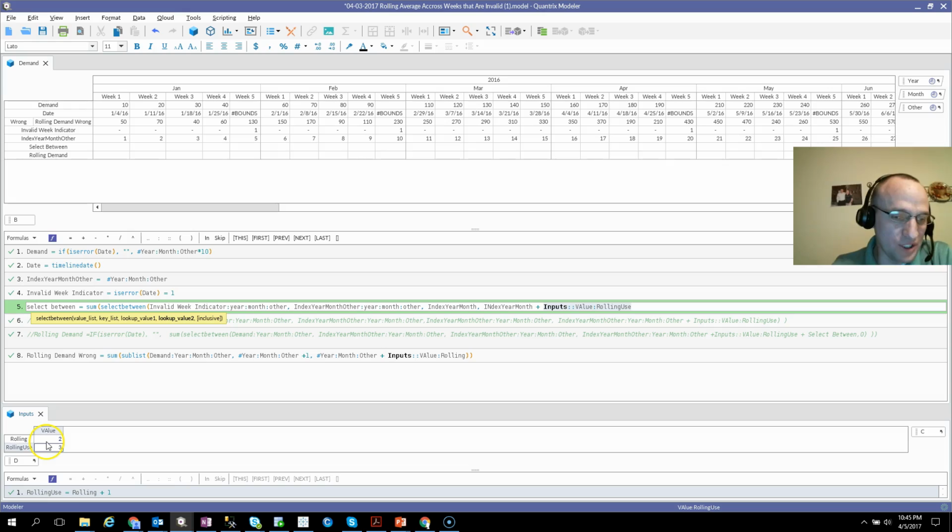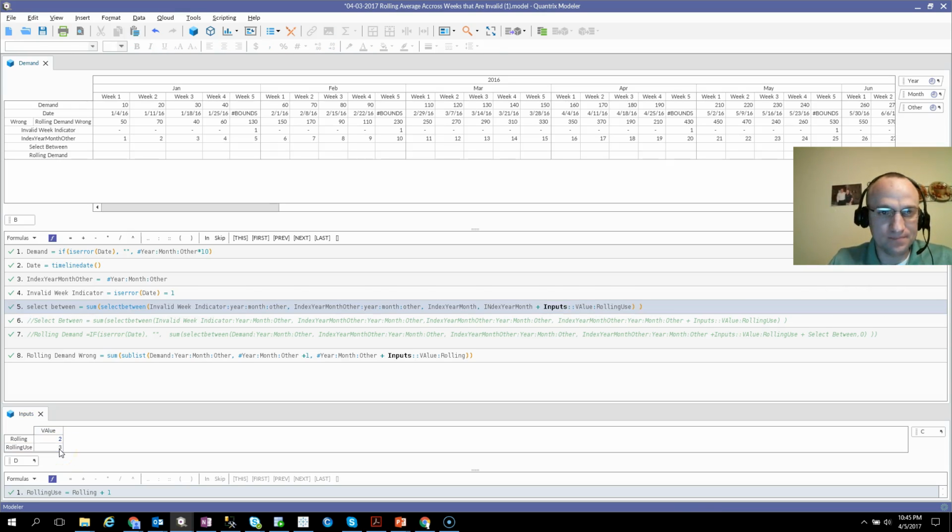Now I created a rolling use down here because I don't want this calculation to be inclusive on the front end. So what I've done is I've said rolling should be whatever I put in here plus 1. So if I go ahead and do this,